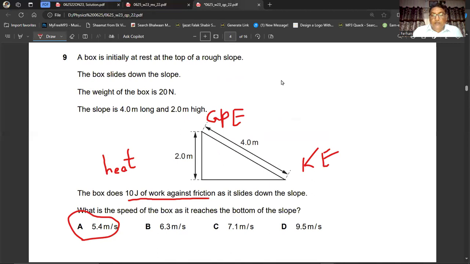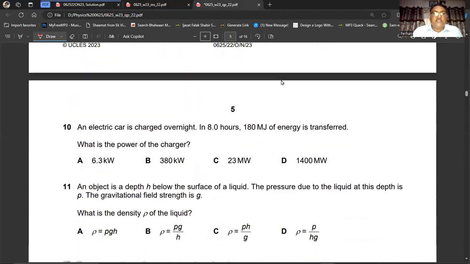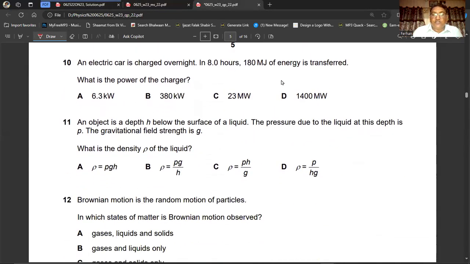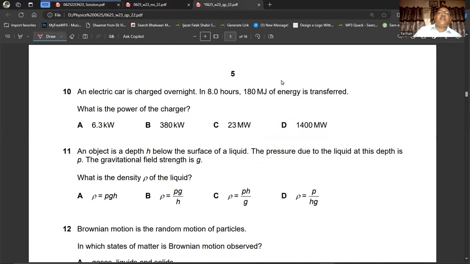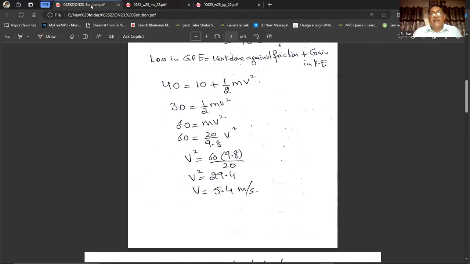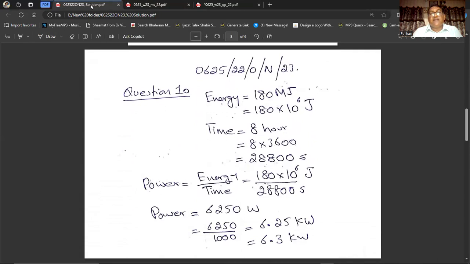Okay. Now we are going to the next question. That is question number 10 showing up on your screen. He says, an electric car is charged overnight. In 8 hours, 180 megajoules of energy is transferred. What is the power of the charger? You know, the power is the energy divided by the time, and the energy here is in megajoules. So I will convert them into joules, and then